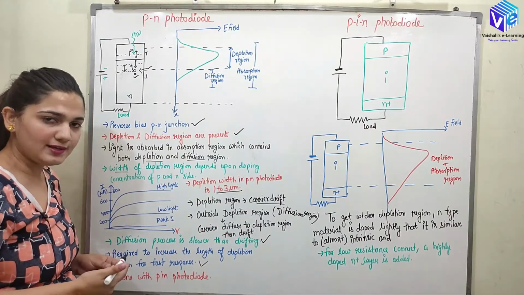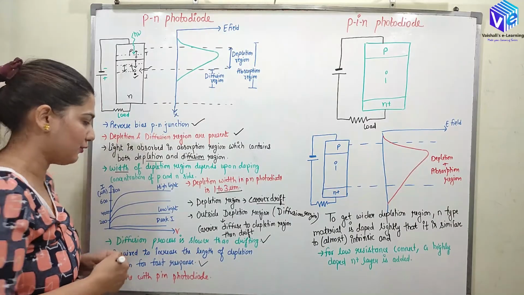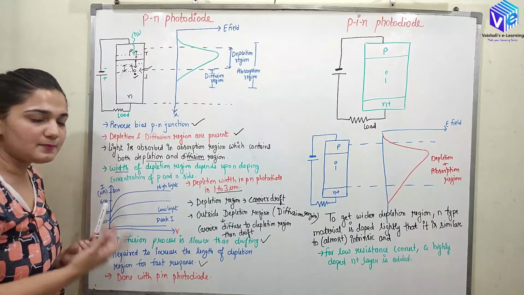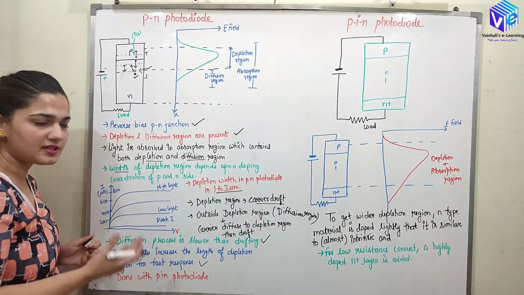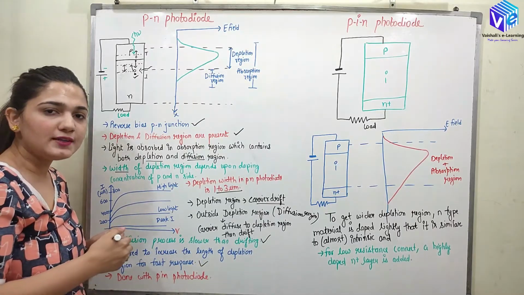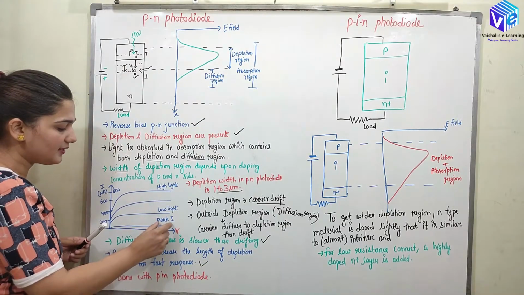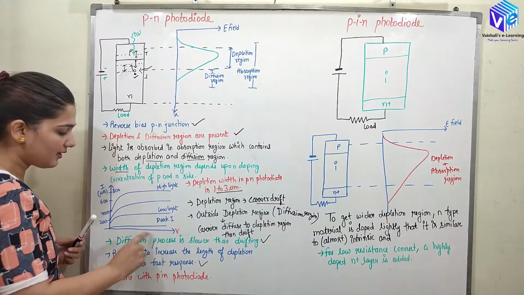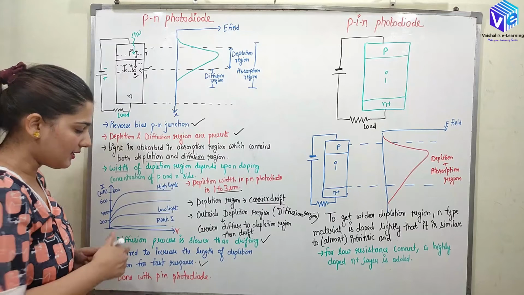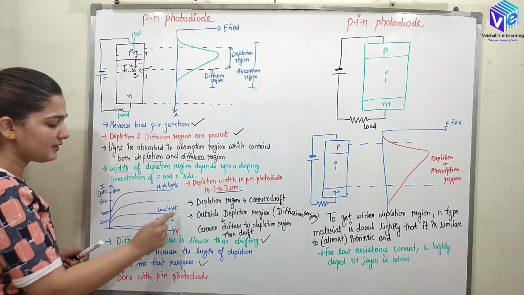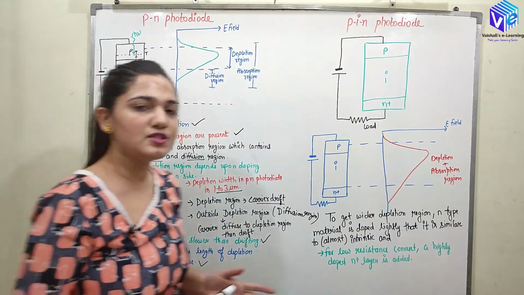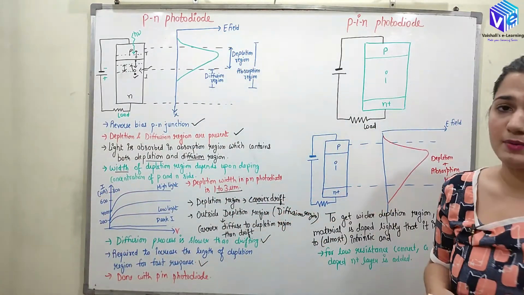And how are we doing it? With the help of the PIN photodiode. So you can see the V versus I graph of the reverse bias PN junction. I hope you have studied it in the previous class as well. When I have very little light, in the darkness, we generate the dark current. This current, which is already present in the darkness, is called the dark current, and it is present in low light. If I have high light, I will have higher order currents, generated around 800 microampere.